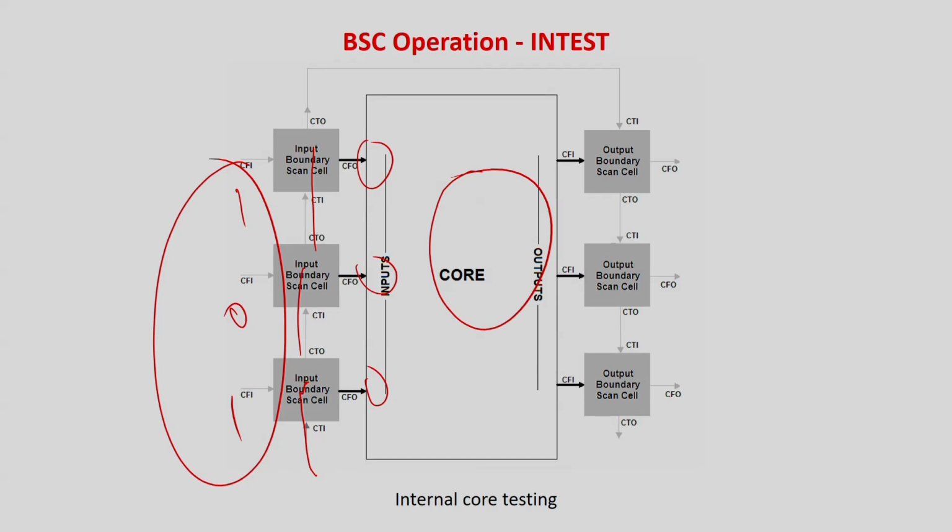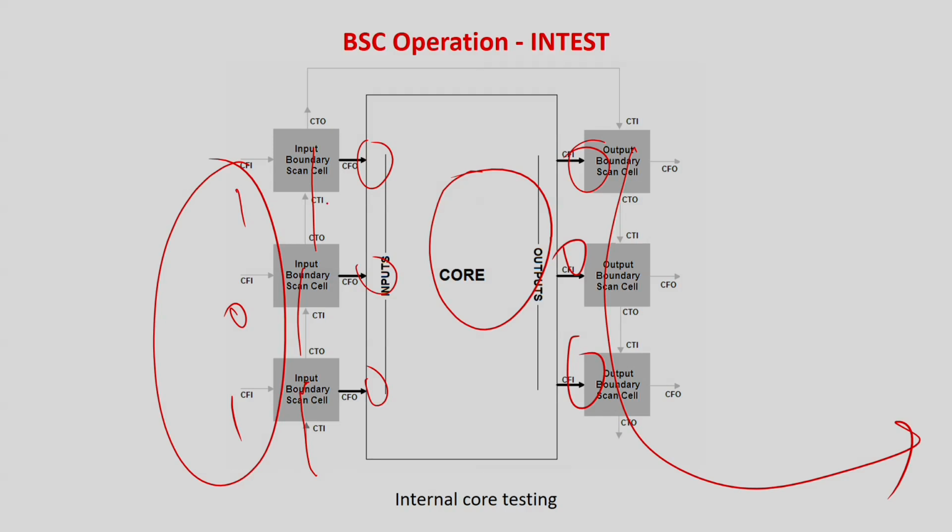P1500 is very simple: you test your internal cores, you test the interconnects, and more or less you are done. In test, basically, the vendor will tell me the points, so I will scan in the values, then again I will get the values at the output pins, and scan out the values to the scan chain and analyze them. Right? So it's very simple.